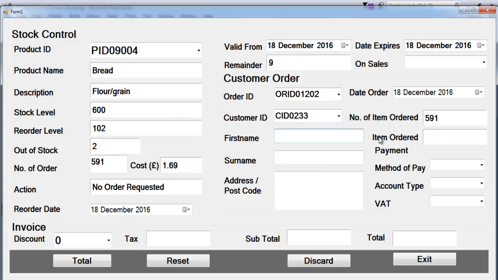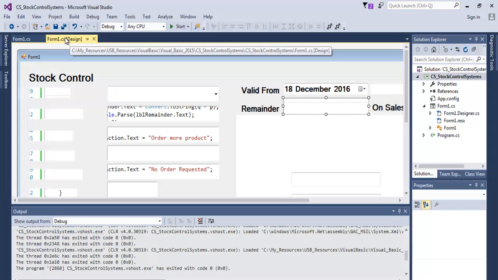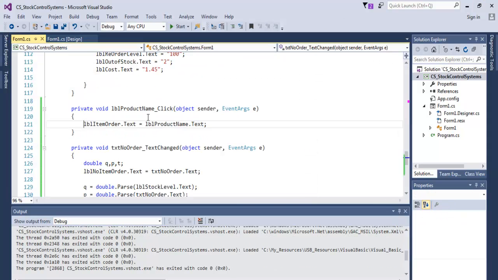Now item ordered, that should be that. In here I want this in here. Oh, that's click. No, we don't want it like that. We have to have a look. Okay, let's go back in here, double click on that. Alright, it's in click. No, we want something else. I'm going to get rid of that, cut it off, and maybe change the method to,